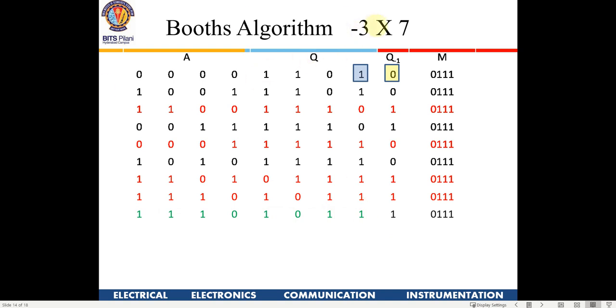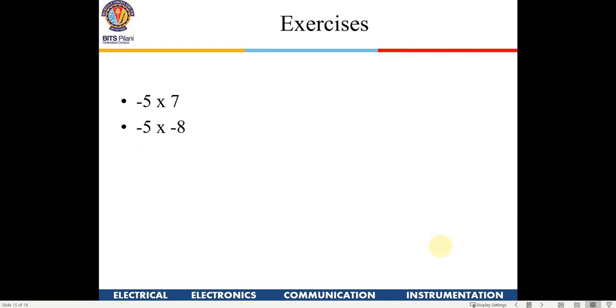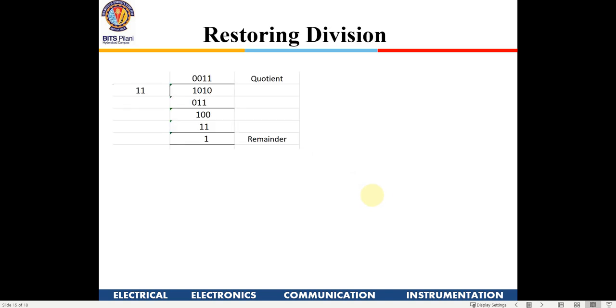So this is just a revision. Anybody who is not sure about how to go about this, just revisit that class where we did the Booth algorithm, and in tutorial also we did, and most of you did it correctly in the final exam also, right? So these are some examples you can try out in your own time.